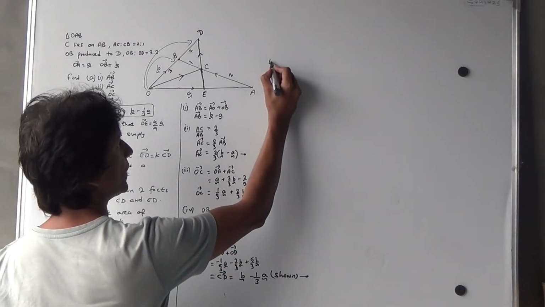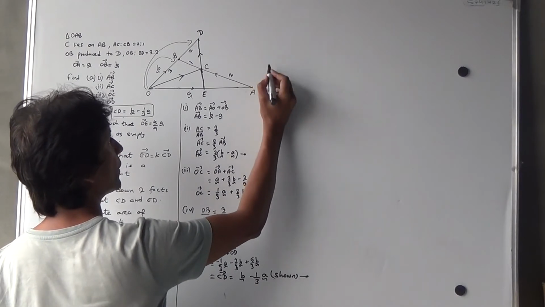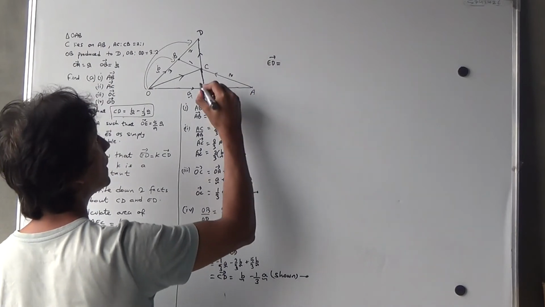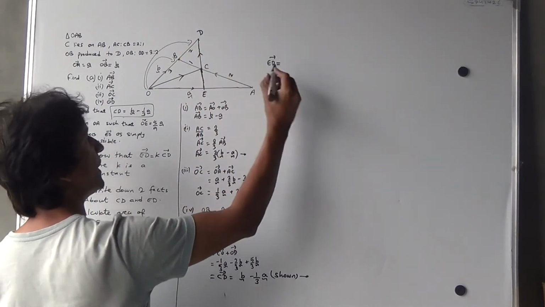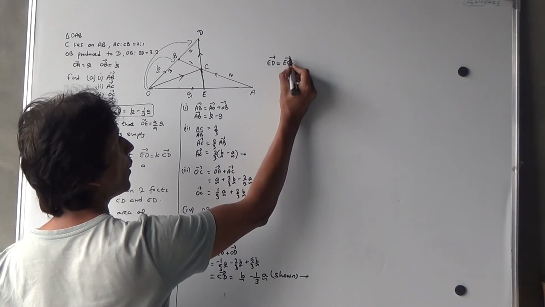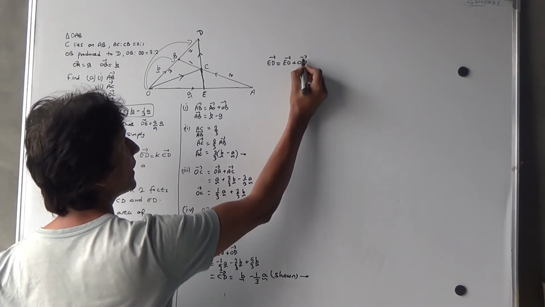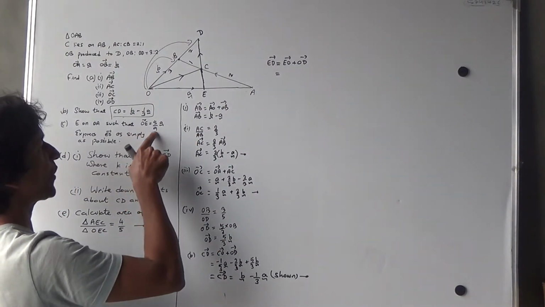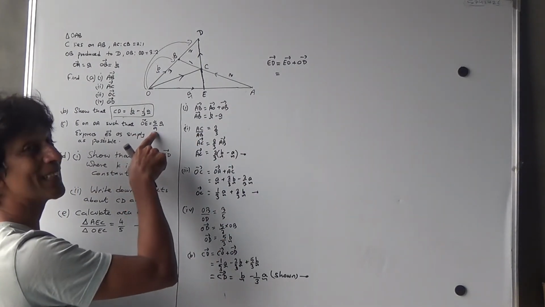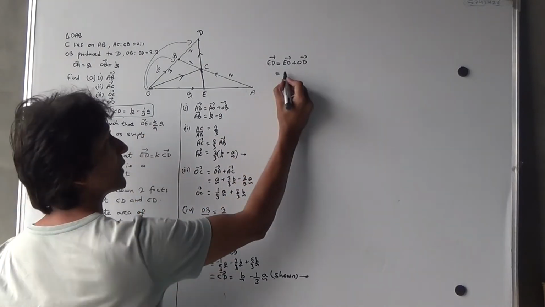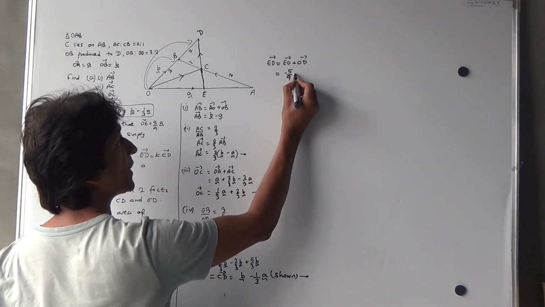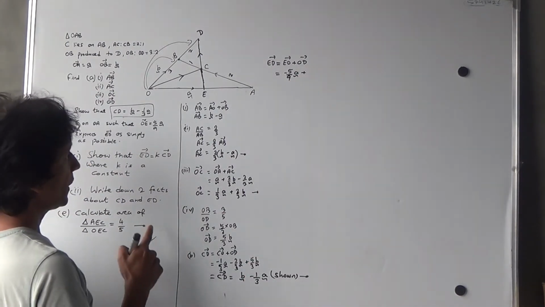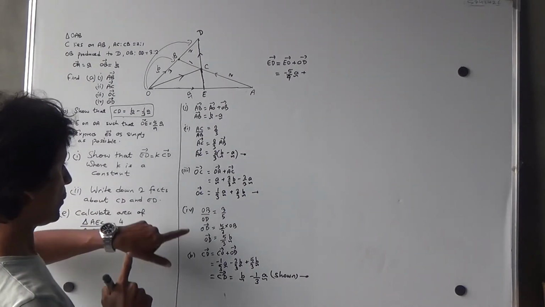Let me just go down here. ED is equal to EO plus OD. And we have vector EO because we know OE is 5 over 9, so EO is the negative of that vector. So we're going to say negative 5 over 9 vector A plus OD, and OD is found, here we go,